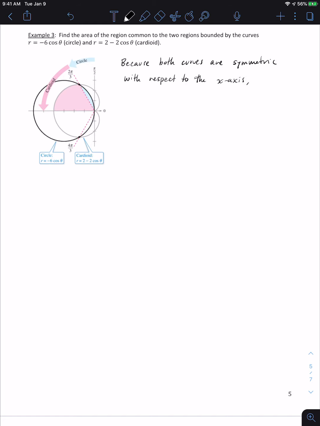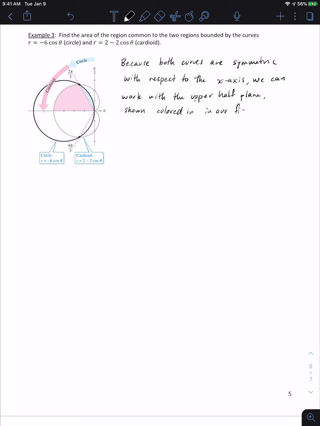Because they're symmetric to the x-axis, we can only pay attention to the part above the x-axis, so we can work with the upper half plane, and this is shown colored in